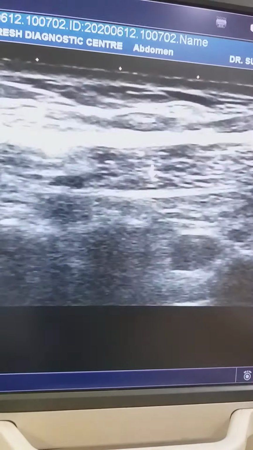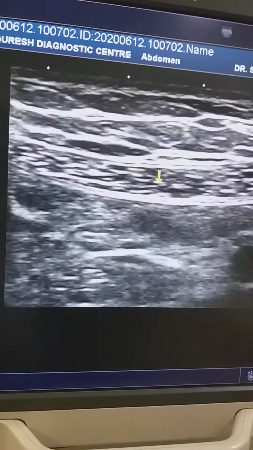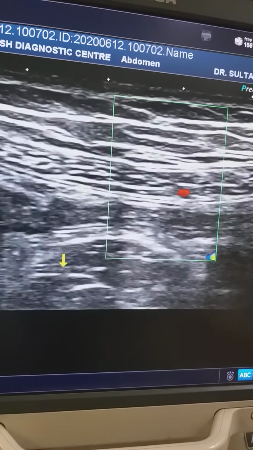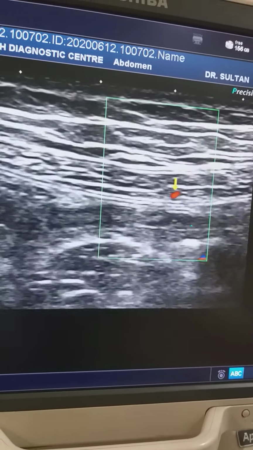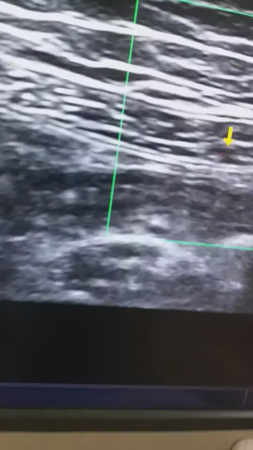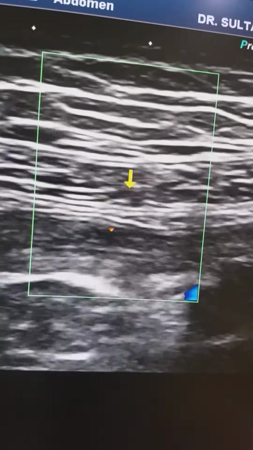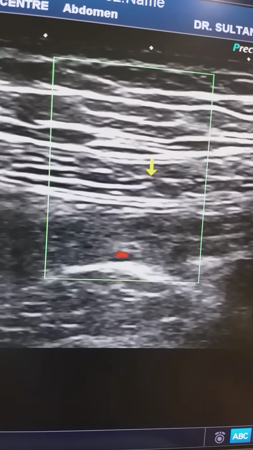First, our job is to locate the inferior epigastric artery. Here we can see this pulsating artery is the inferior epigastric artery, which is lying